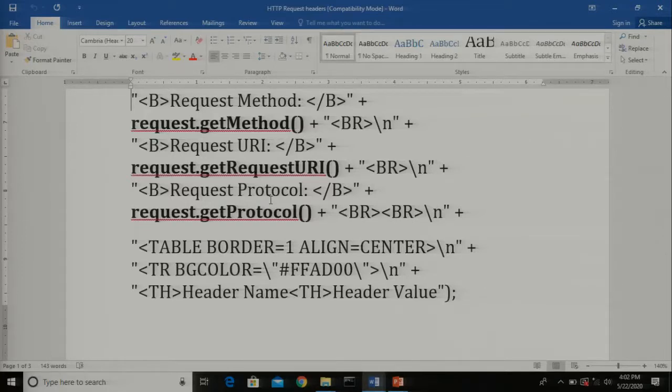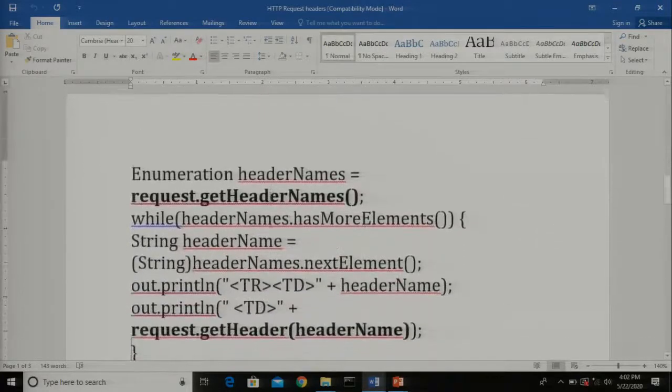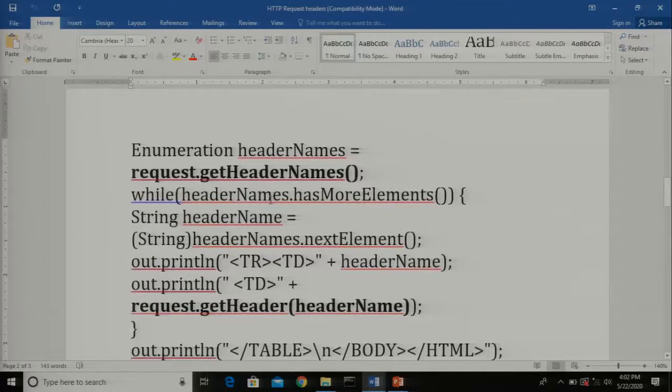Okay, you can observe here, similar to the last program, we have gone through the enumeration. We have created an enumeration, and the hasMoreElements method returns true until there are different values which need to be accessed in that enumeration.